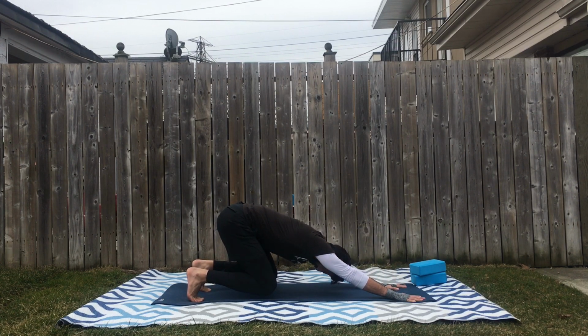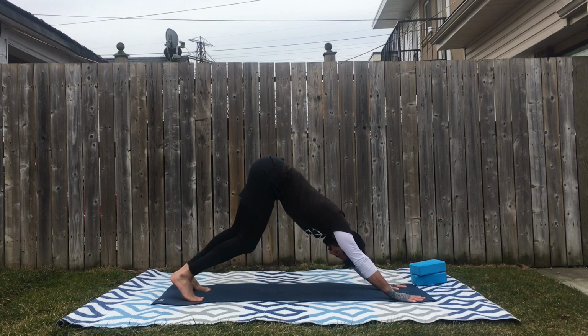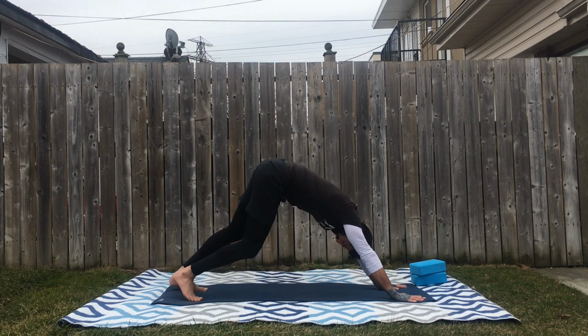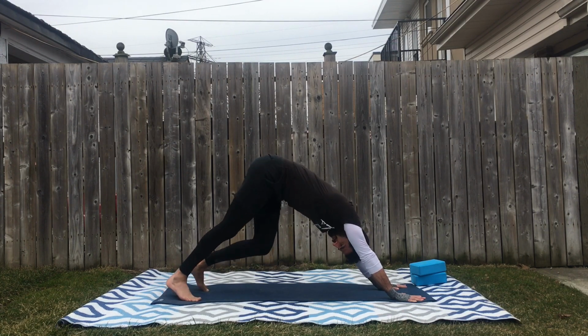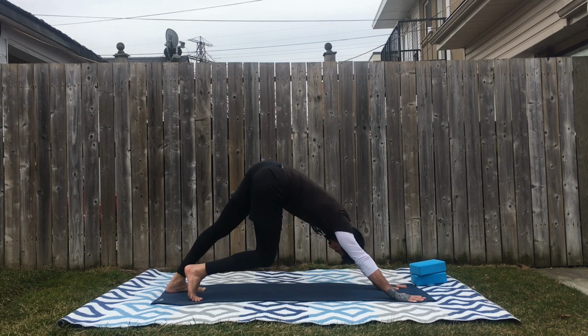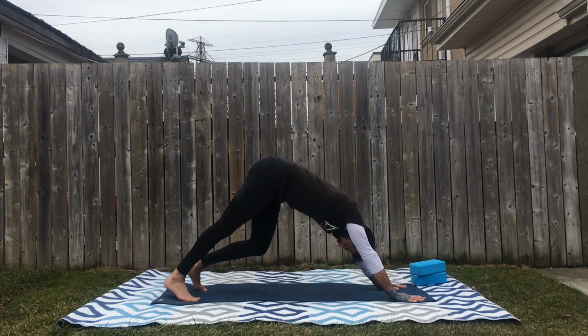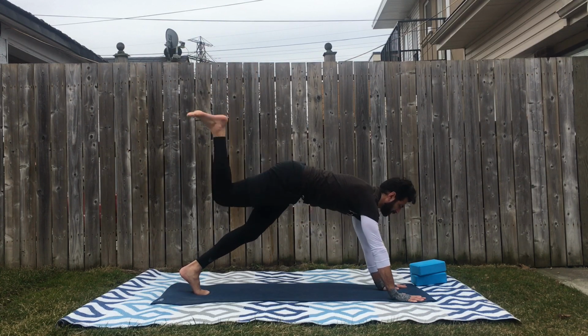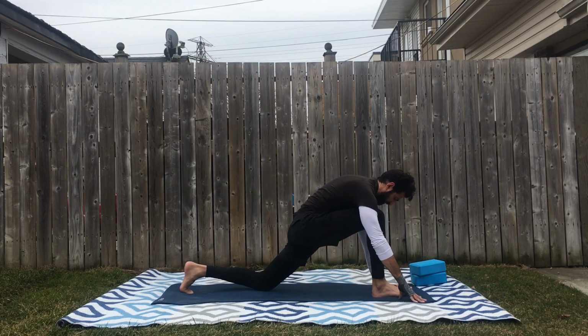Staying long in your torso, looking through your thighs, lift the seat, lift the hips, coming into a downward facing dog. Pedaling into your feet, moving the hips side to side. Feel that stretch in your back body. And then inhale, lift the right leg, exhale, swing your leg forward, bringing the foot down between the hands, ground